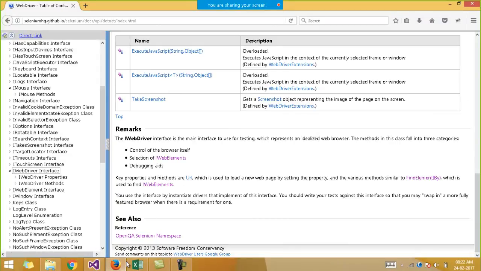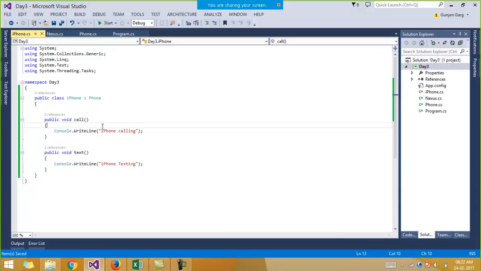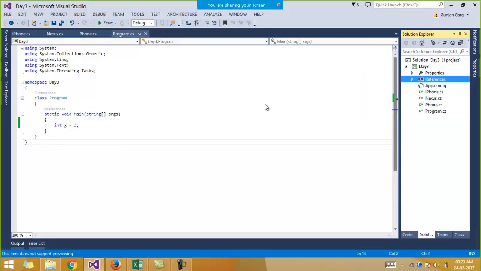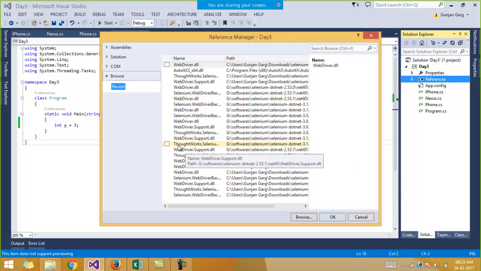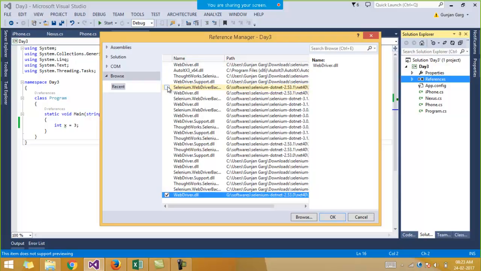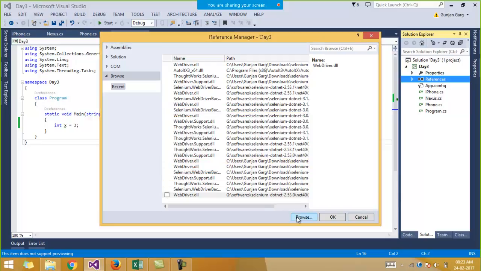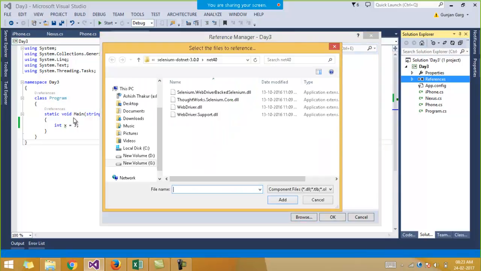Okay, now as we all know, if I have this program.cs class file with me, what I'll do is add the reference of the Selenium DLLs. Okay, hold on. I'll just add the WebDriver DLL, and we'll explain it to you.